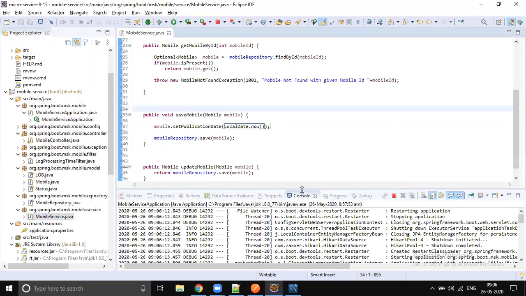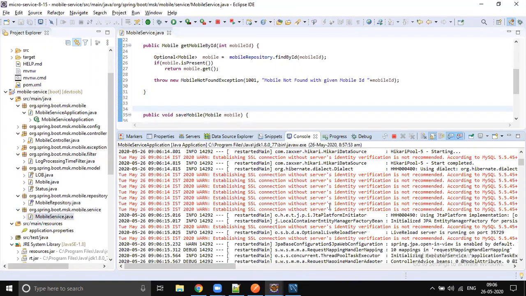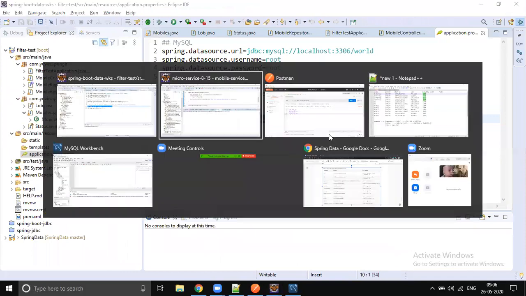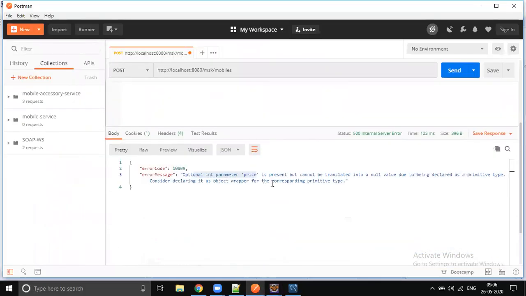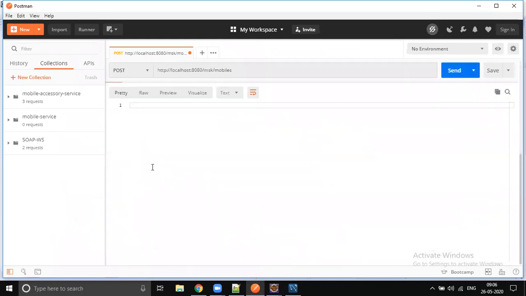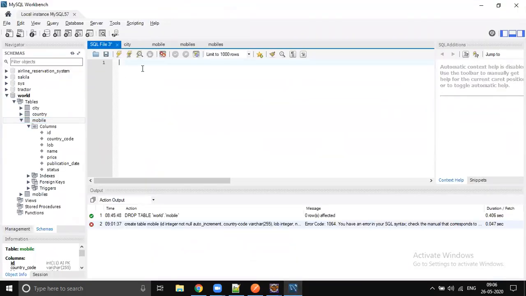No create statement this time because the table is already created, so it won't perform any changes now. We are good. Now let's go to Postman and send the request, so the data should be saved into the database. Let's click send. There we go. We got 201 created. Now let's go to the database and execute.